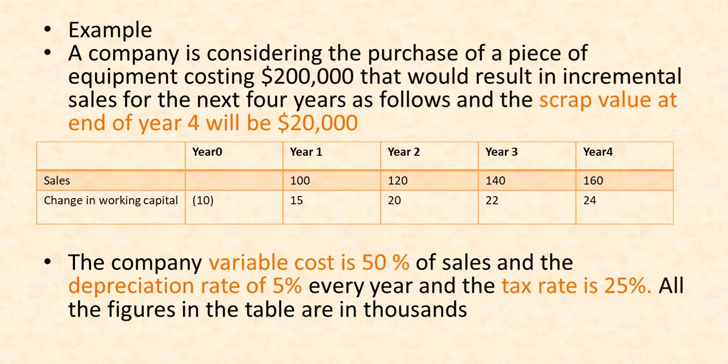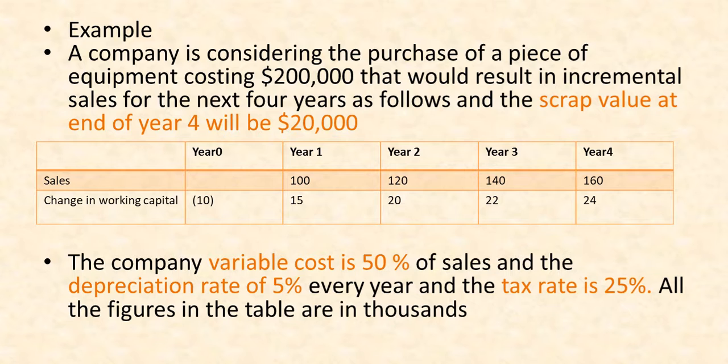So this question has given us a lot of information. The important thing in tackling these questions is how to handle the information given to us. I really suggest to you guys that whenever you are reading a question like this, always find the most important parts of the question which you need to answer it. Now, how to identify that part? You will understand it by doing more and more practice of these kinds of questions. So the most important things are, as I told you before, the cost of the machine, that's $200,000, and the scrap value at the end of year 4, which will be $20,000.